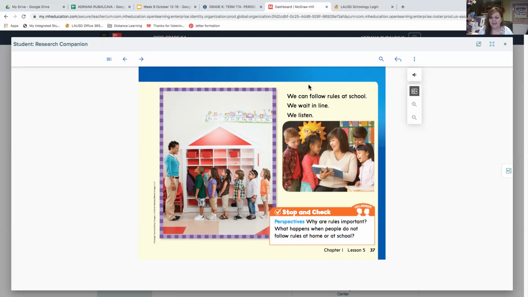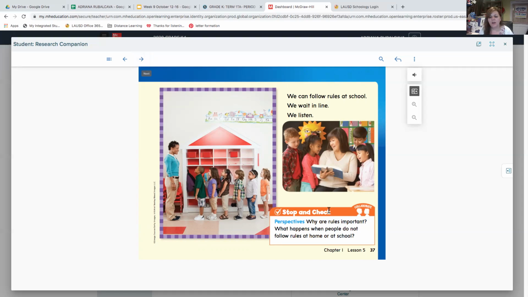We wait in line. We listen. Even in Zoom class, we have to wait for our turn to speak until the teacher calls on us. There are so many boys and girls that the teacher cannot listen to everyone at the same time. So we need to be a good citizen and wait for our turn. Do we yell out the answers? No, that's not being a good citizen. The rule is to wait and listen to the speaker. So as you are waiting, you are being a great citizen.